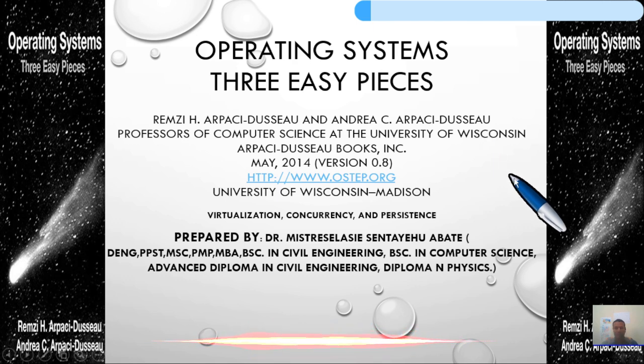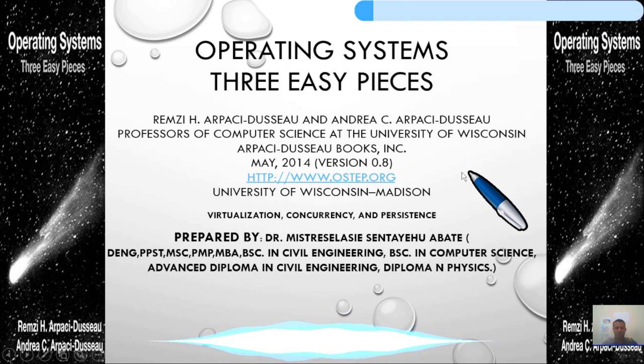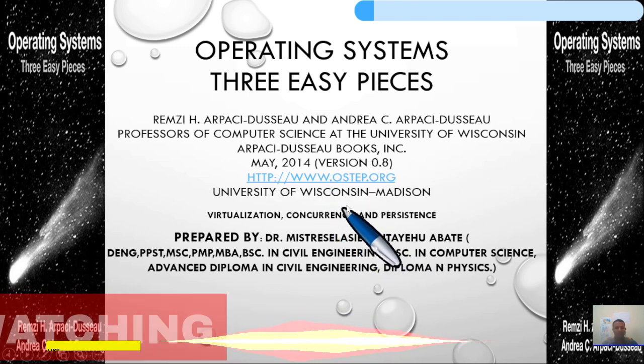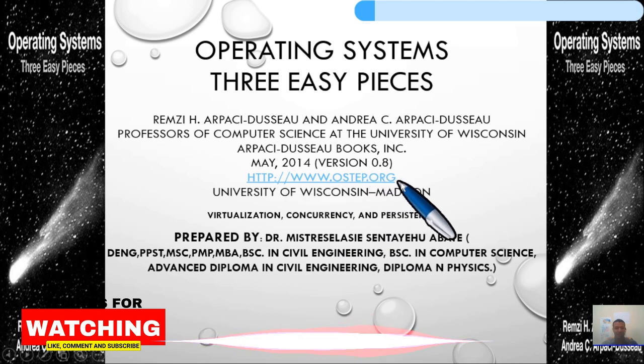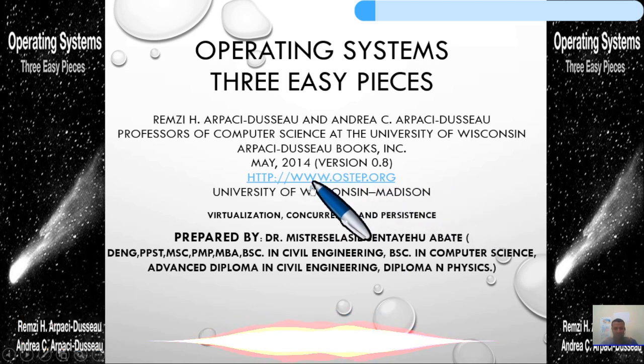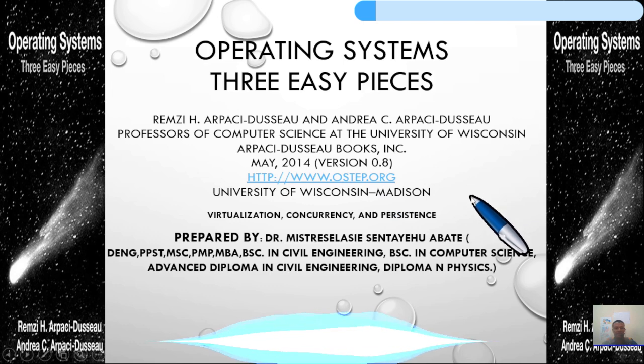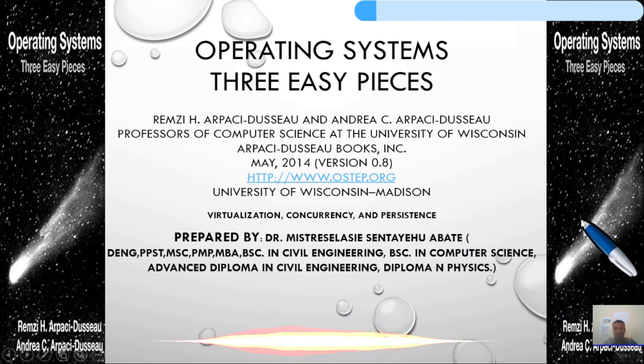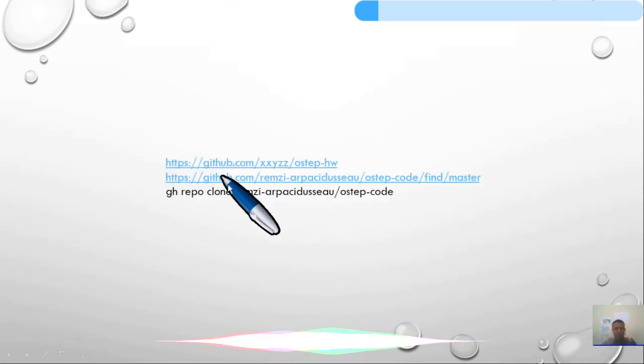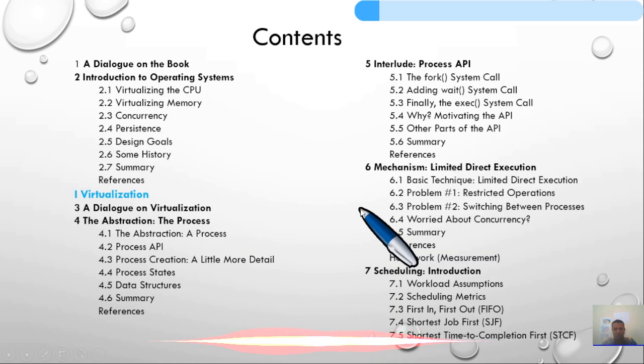Today we are going to start chapter 1 and chapter 2, and I'm going to use Linux, Ubuntu for the source code. And as I told you, please go to this website, and it is a free source, and try to download the textbook and all the source which we need for this course. So let's get into it. All the source code, you can go to this GitHub and download it.